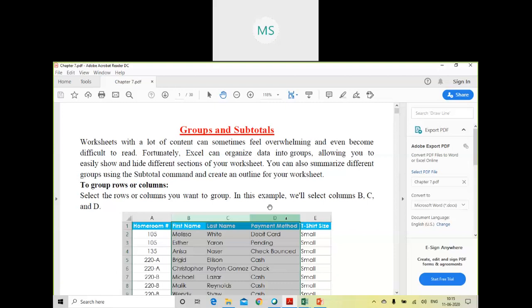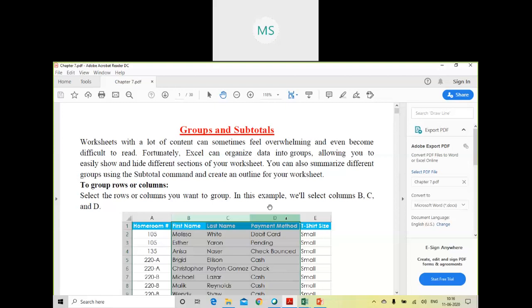But here, using the group option, we can group certain ranges of data which we need to constantly see and which we need to group together. That is possible by this particular function, the group function. It allows us to easily show and hide different sections of your worksheet.